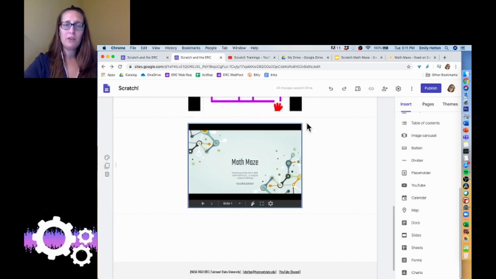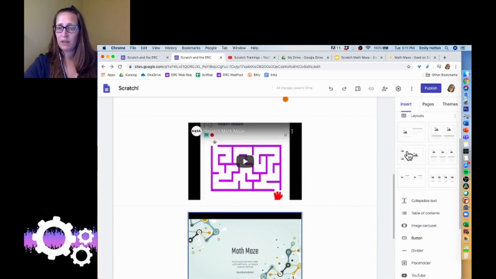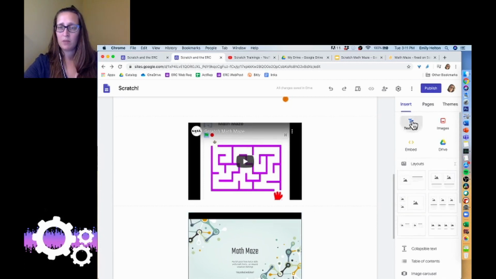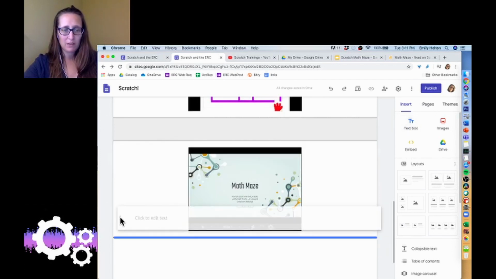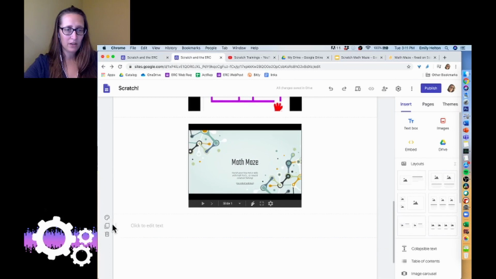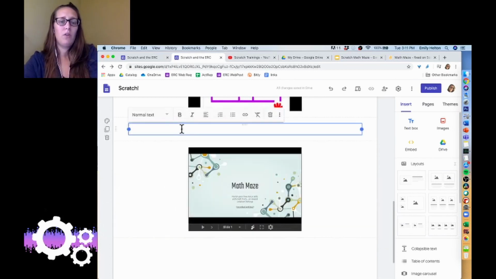And then I do want to make sure that I have some good text in there to describe what's there and to give a backup link. So I'm going to pull in a text box, just have it in between. If it didn't populate where I wanted, I can just click on these dots over here and drag it to where I want it to be. So above,